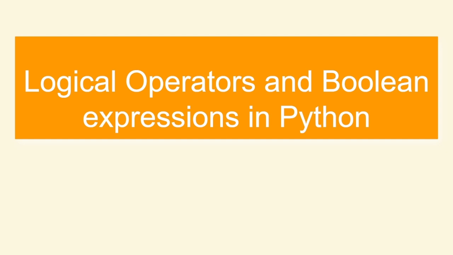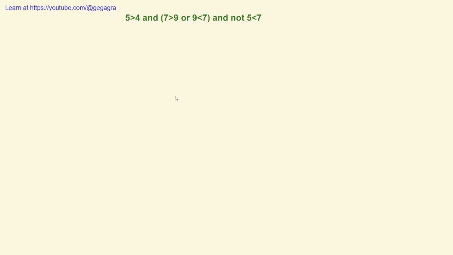So see here, logical operators and Boolean expressions. We have discussed this a bit in my last video also, and this time we are going to evaluate this expression: 5 greater than 4 and 7 greater than 9, or 9 less than 7 and not 5 less than 7. So when such an expression appears